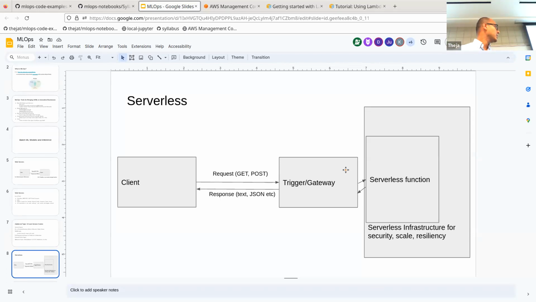So that's this trigger gateway part. Somehow it connects your IP address or some location to a function. And then the function itself, which for us will be some Python function, like, hey, do this, predict that, or whatever. And the function itself needs just the Python environment. And if you need additional packages, you can install them, like pip install XYZ, or mention that in what is called a requirements.txt file. And then everything else, which is the actual security, obviously we'll have to do something more,